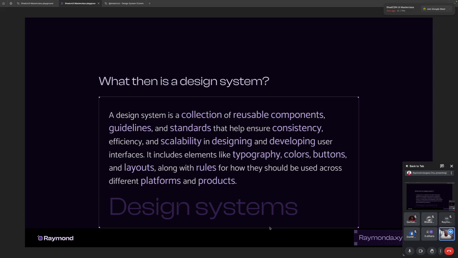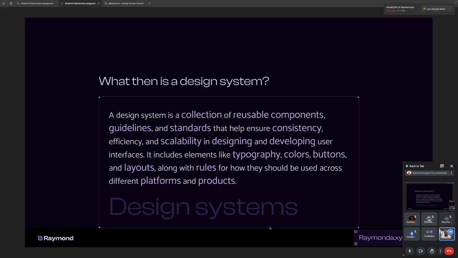So when we are talking about design system, if you look at a button in Figma, we should also be looking at the button in a code format, right? And we should also be looking at how the button is used, where the button is used. Those are the things that make up a design system. And by definition here, it says that it's a collection of usable components, guidelines, and standards